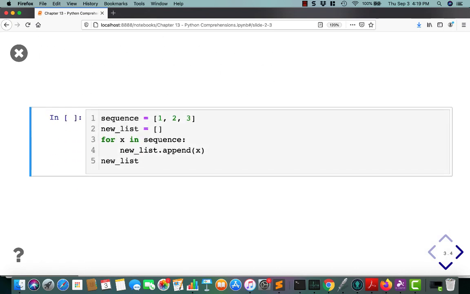This is equivalent to the following for loop. Sequence equals 1, 2, 3, new list equals empty list. For X in sequence, new list dot append X, and then you have the new list. So basically, what you see here,